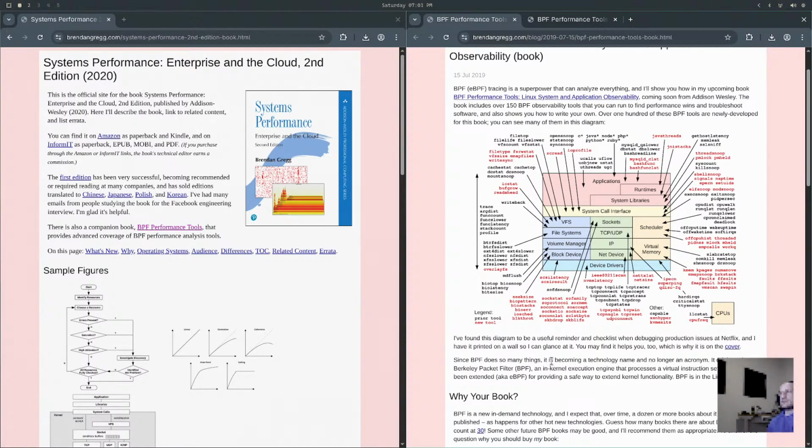I am reading the book summaries and announcements for these two books, Systems Performance and BPF Performance Tools. They both have a good amount of overlap. The BPF Performance Tools is more faster time to dopamine if you want to just get stuff up and running, whereas Systems Performance is more about the theory of the performance stuff. All right, so